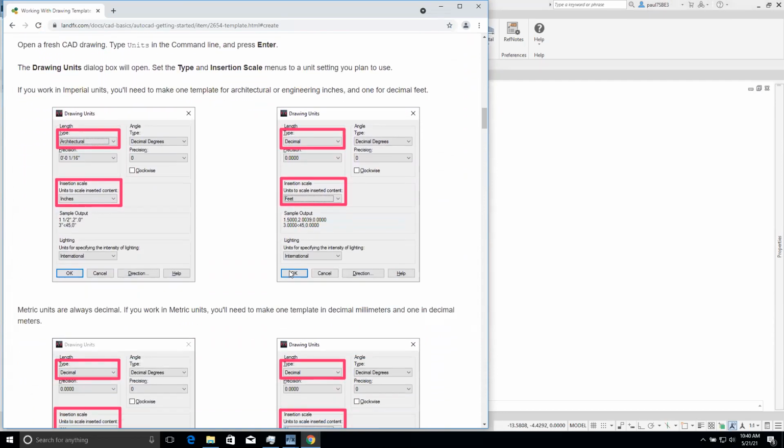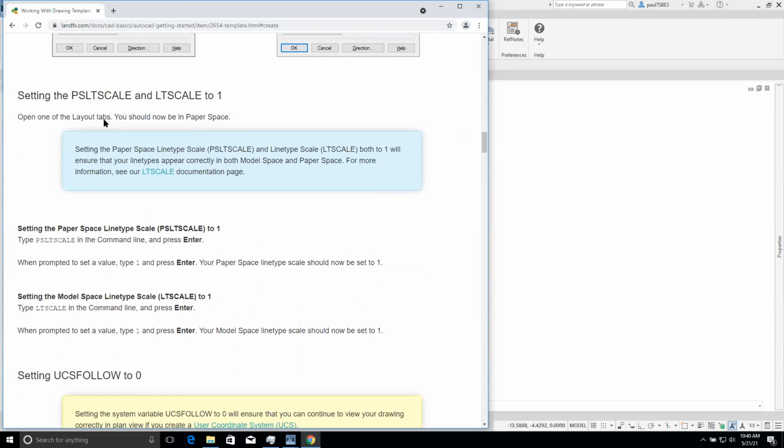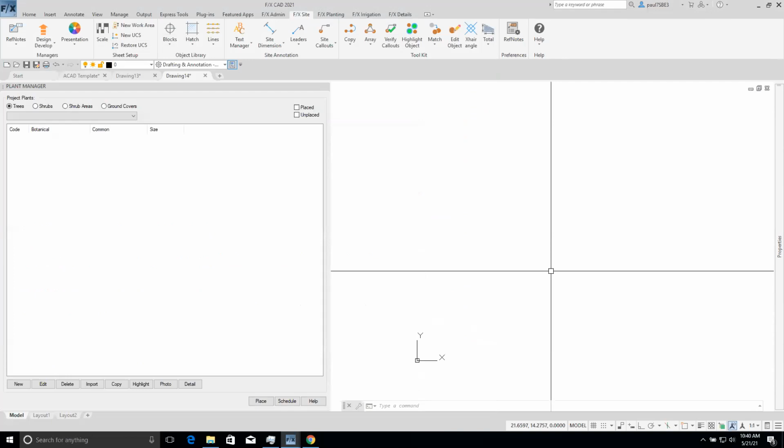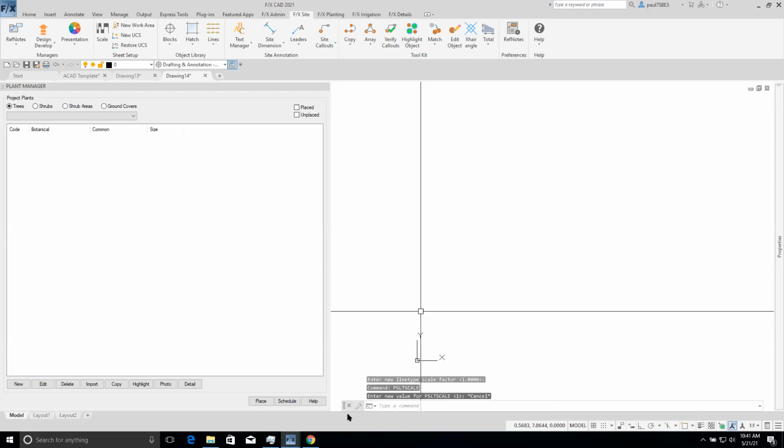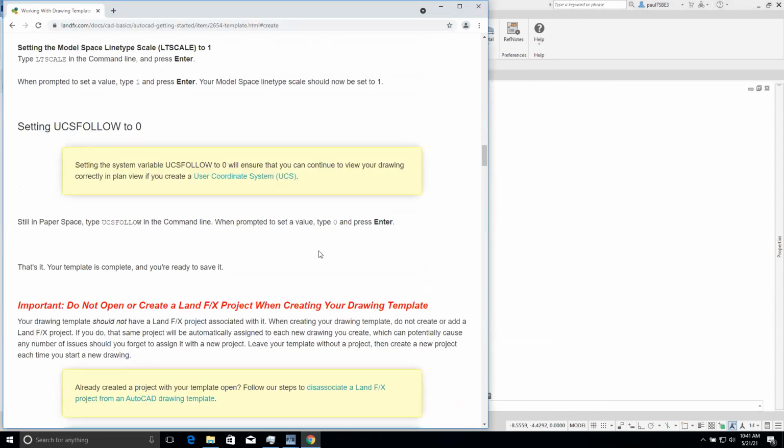But in addition to setting up your units, we also recommend setting PSLTSCALE and LTSCALE to 1. That's just a line type scale and paper space line type scale. It's already set at 1. I think by default, these settings will already apply. But it's not a bad idea that if you're setting up a new template, just to check and make sure that these are both set to 1. And that's just going to ensure that your line type scales, when you're placing them into the drawing, will display properly. And then the next setting that we recommend